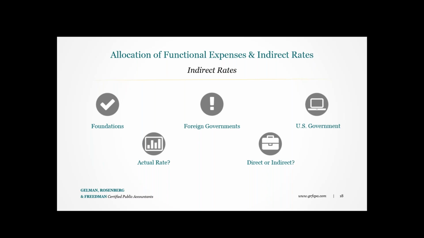The source of the financial data used to justify indirect rates typically is the organization's accounting system, and ultimately that functional expense statement that we've been talking about this morning. So varying rate assumptions or reimbursement opportunities from one donor to the next should not be influenced by that functional expense statement. The importance of that statement is that it's a basic source of data that's available to the reader or the donor as a baseline for justifying that indirect cost reimbursement.